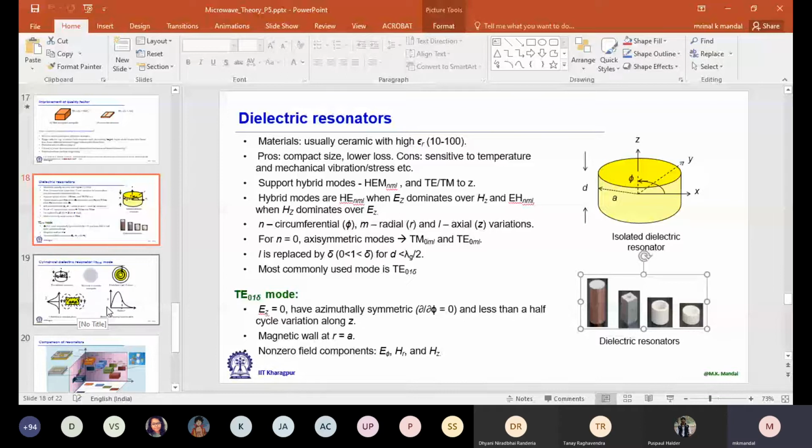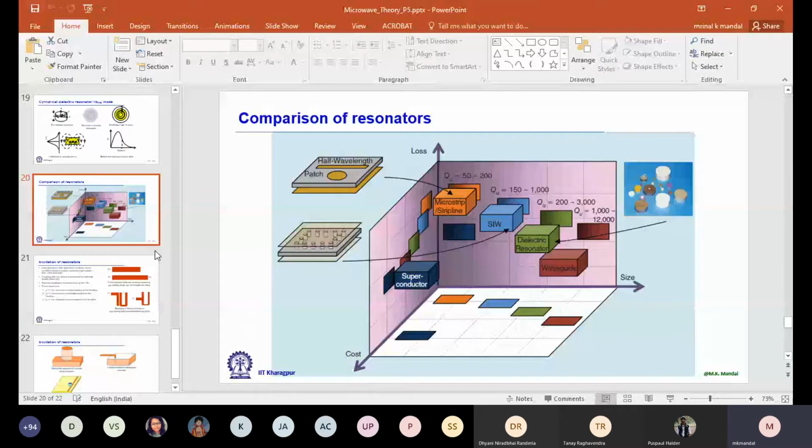Well, so we learned so many different types of resonator. Let us compare their performances. When we go for applications, cost does matter. So it's a comparison among loss, size, and cost. Here we are considering PCB technology, microstrip or stripline or CPW line. It's represented by this yellow block. Then we have the dielectric resonator in green.